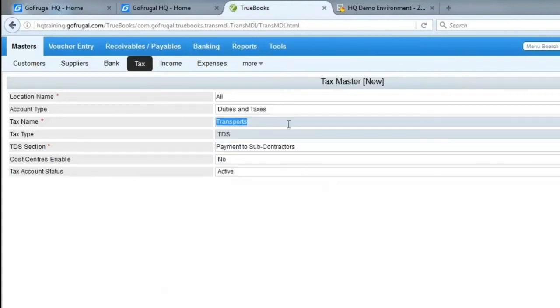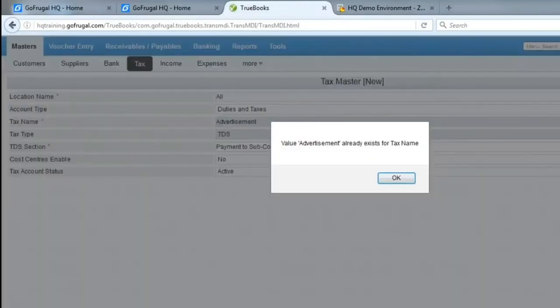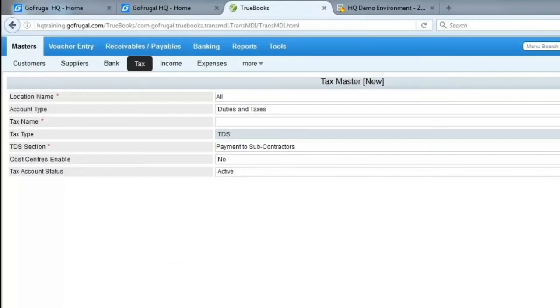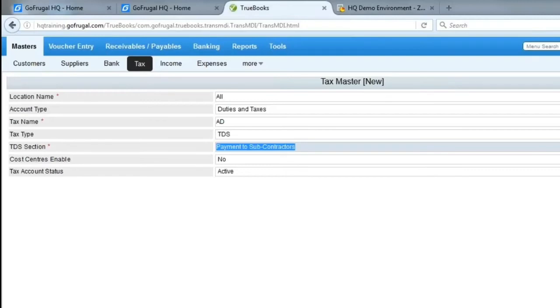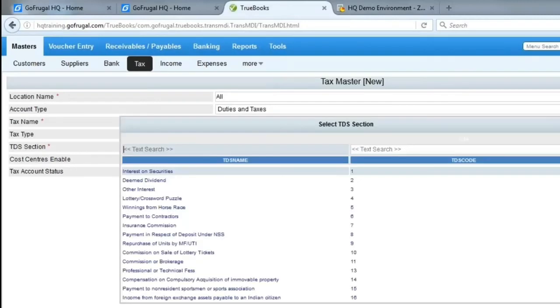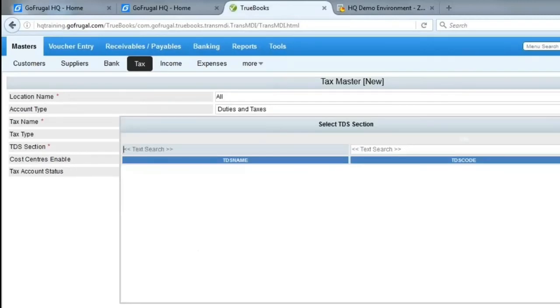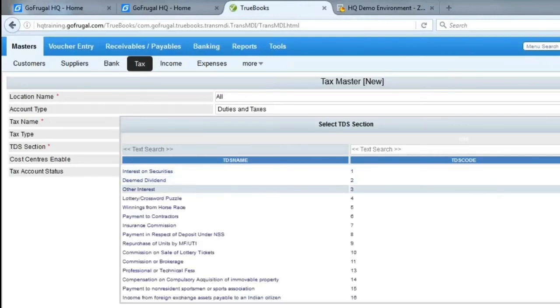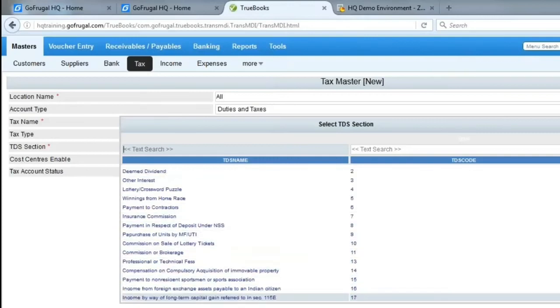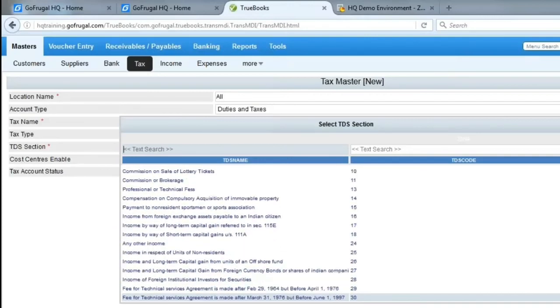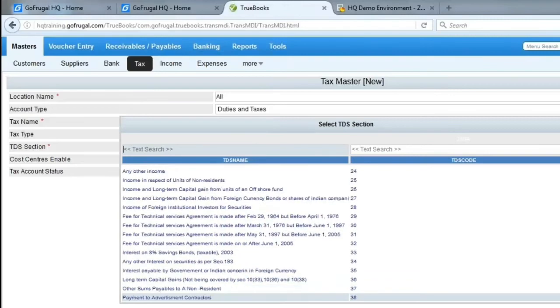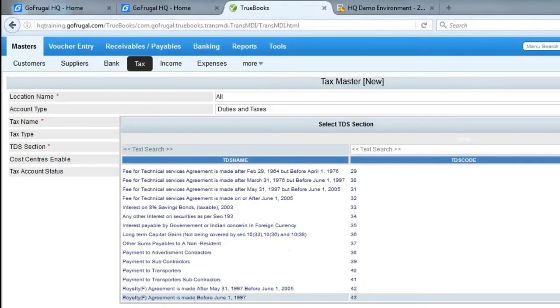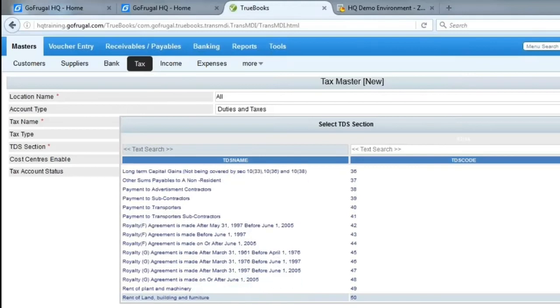So let us create this as advertisement. Here we can select the corresponding payment to transporters agreement.